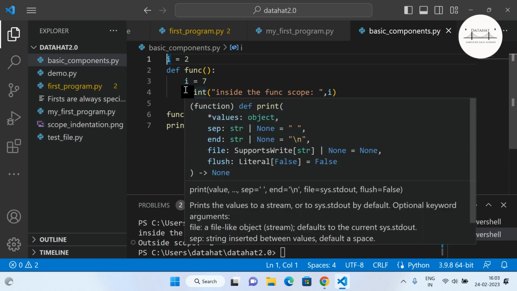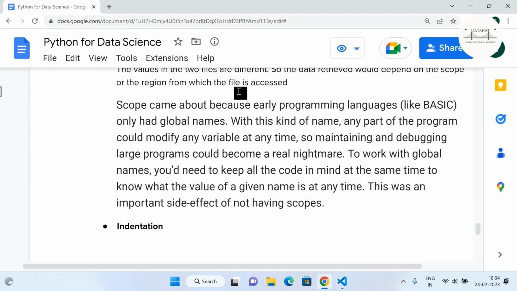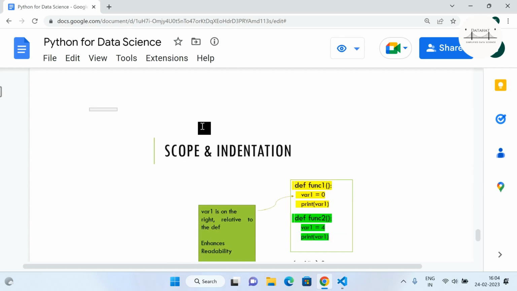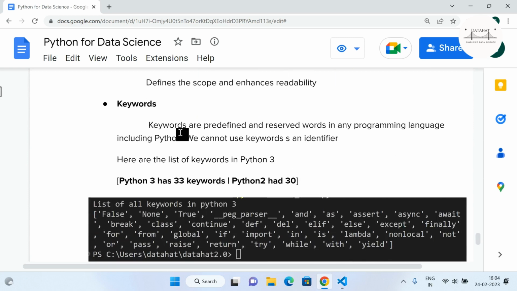Because Python is very user friendly as well as very relatable to the English construct, it does not use a notation such as parentheses used in Java or semicolons used in C++. So those are not used in Python. This indentation helps define your scope. Hope this is clear. The same thing is also provided here with an example. If you look at it, the space here is the indentation.